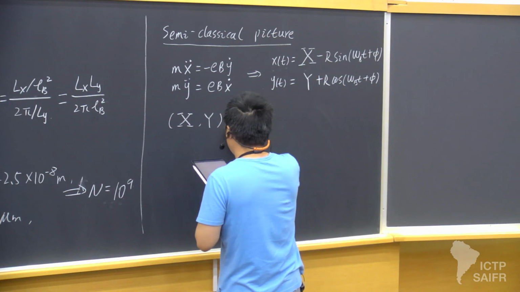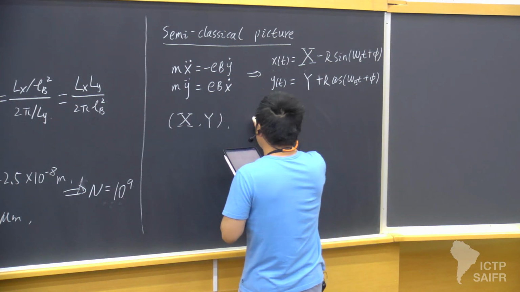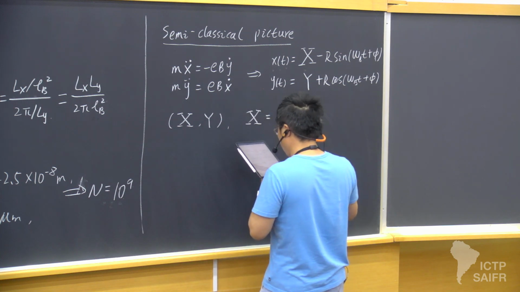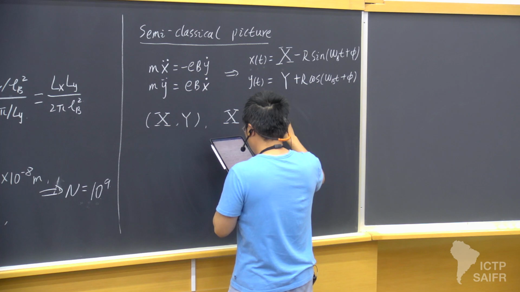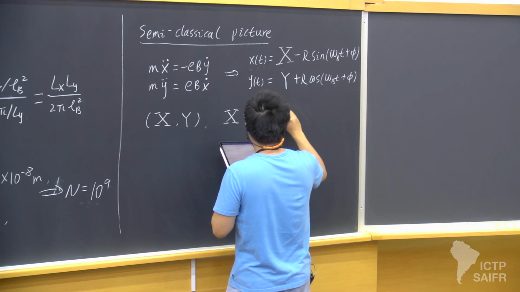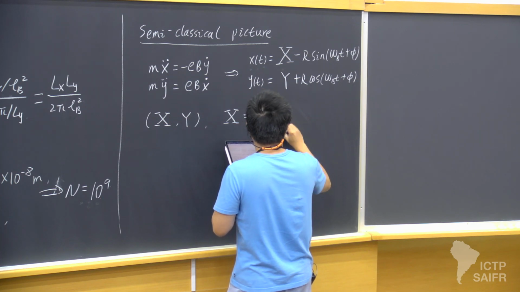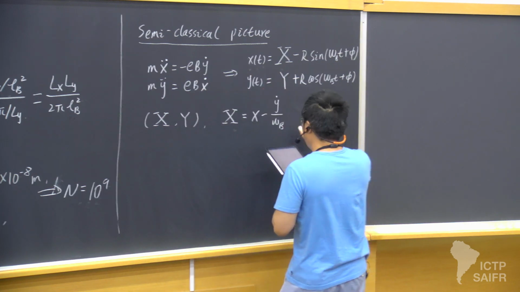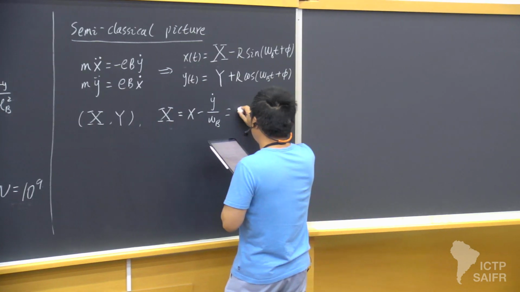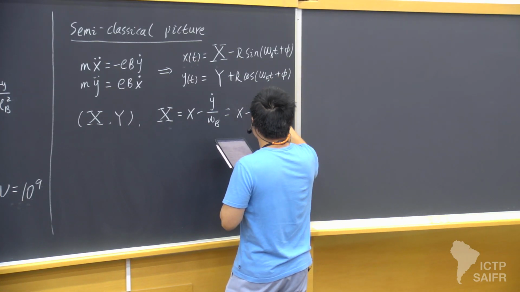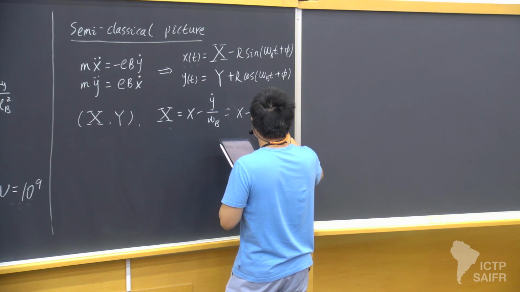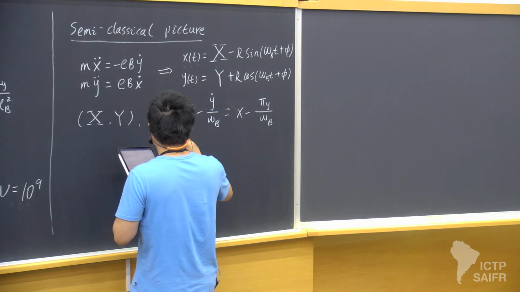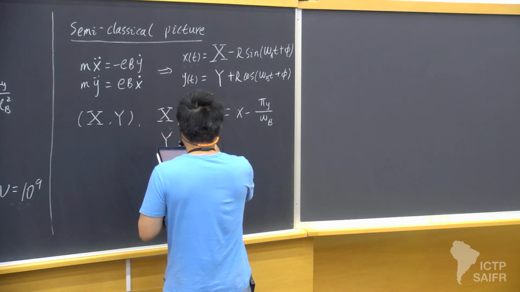You can of course rewrite your x and y using those two relations. We know y dot will be my canonical momentum along the y direction, right? Similarly, for this capital Y, we can get it equal to